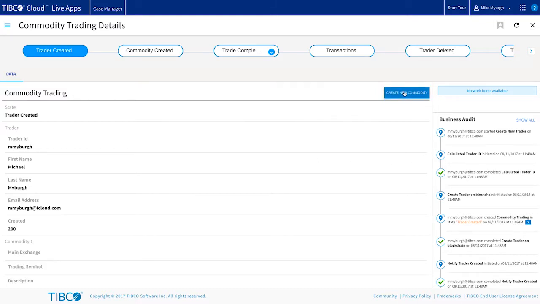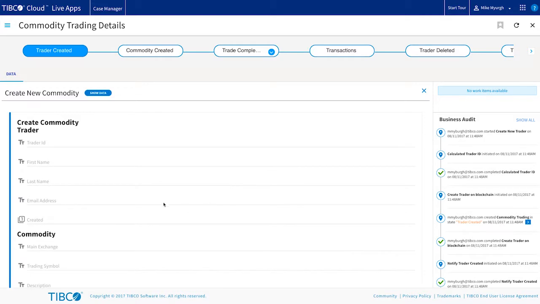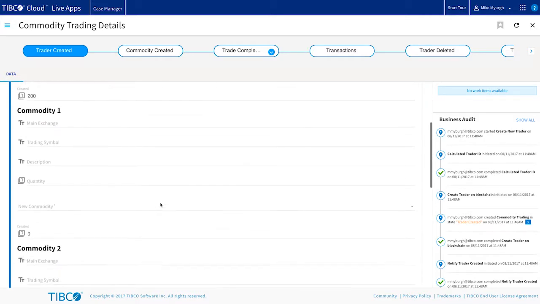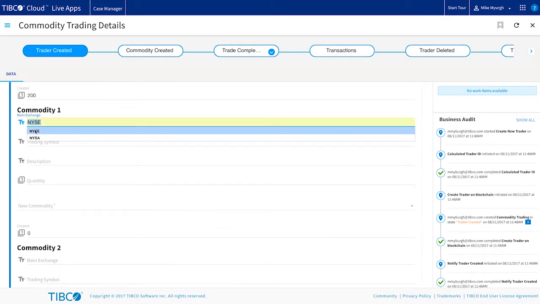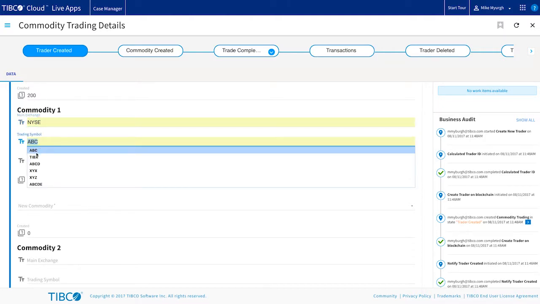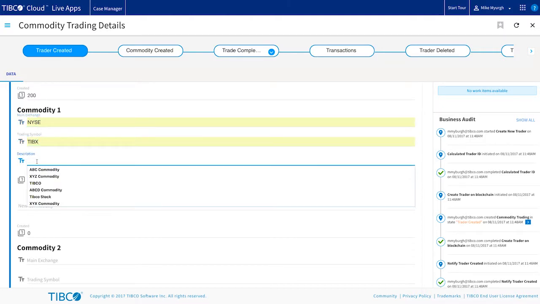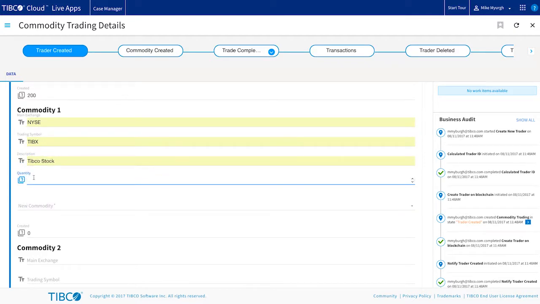Okay, so next thing we can do is we can create a new commodity. So I'm going to click on new commodity, and I have the option to create 3 different commodities. I'm just going to do one for right now. So I'm going to say it is on the New York Stock Exchange. I'm going to say it's TIBCO. Description is TIBCO stock. I'm going to say quantity is 200 as an example,